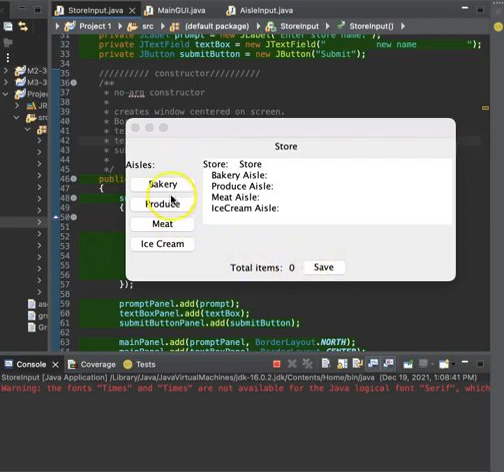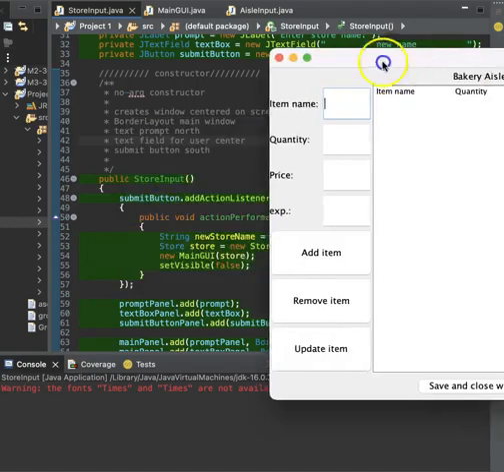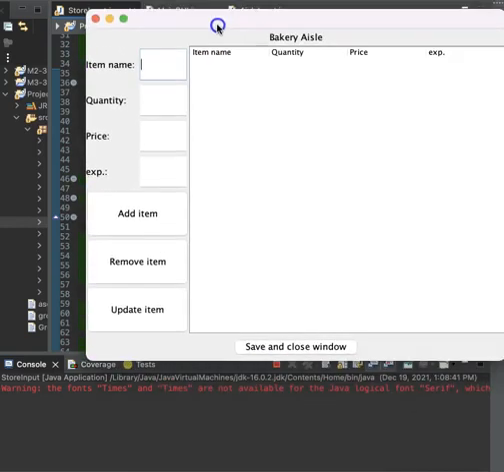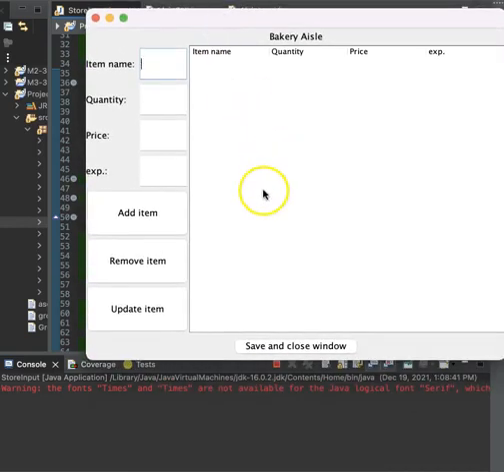So each of these buttons here has an action listener which brings up the third GUI, aisle input. I'm just going to press bakery, for example. This one is definitely the most complex. It uses a border layout as well. Up here it's just a JPanel which displays the name of the aisle you're working in, and then on the left